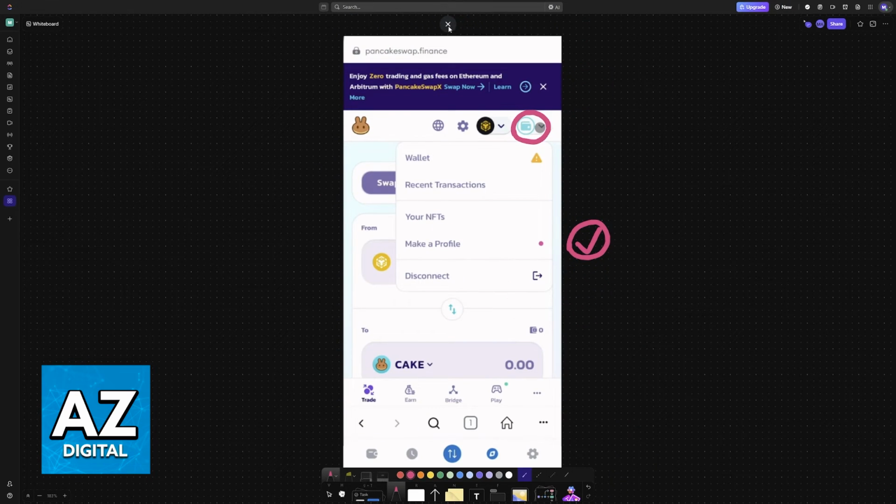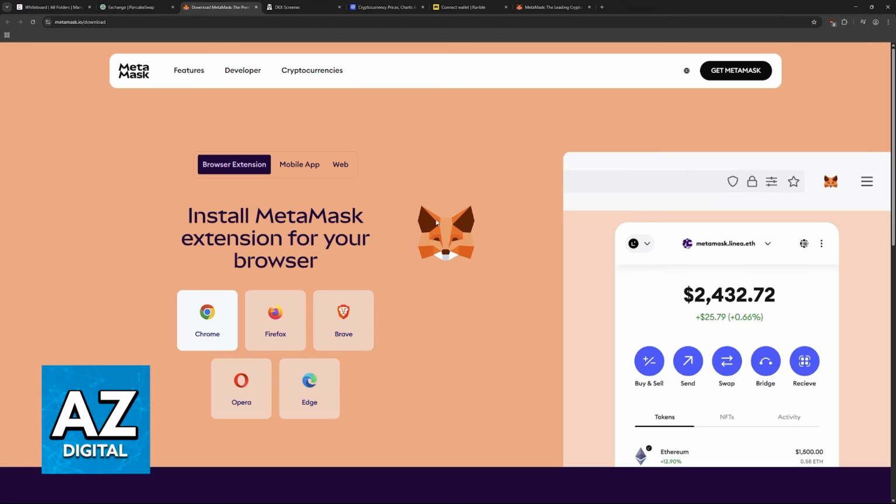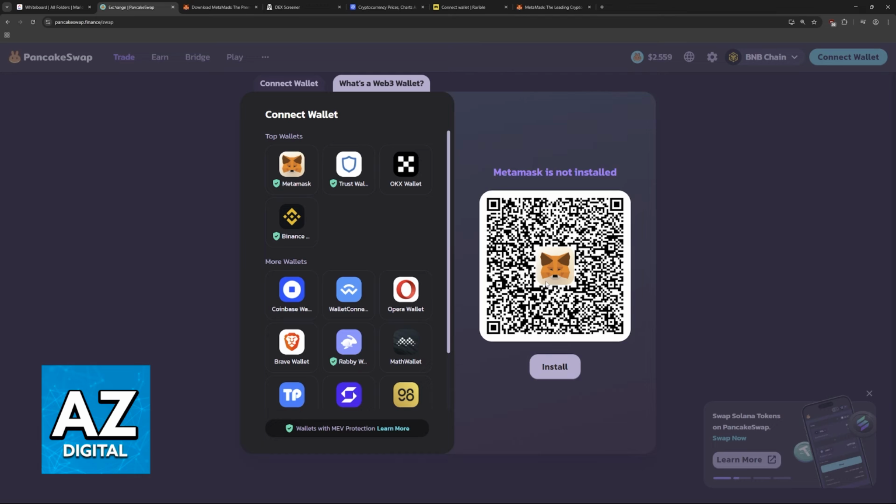Like I said before, it's as simple as having MetaMask installed on the respective platform. So if you are doing this through a PC or a laptop on a web browser, you will need to have the MetaMask extension good to go. And as soon as you choose the Connect MetaMask, the extension will be recognized and used.